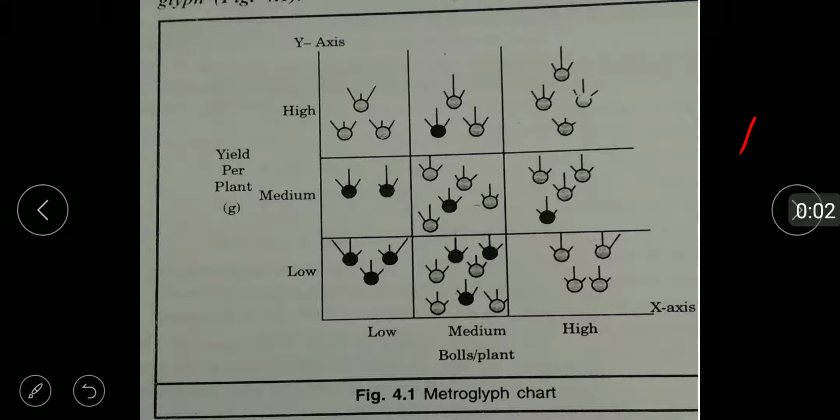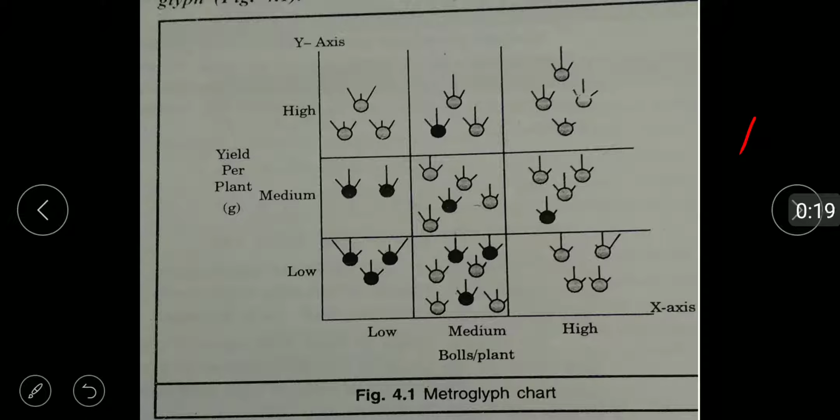Hi friends, in this video we are going to discuss metroglyph analysis. First we need to know what metroglyph analysis is. It's a semi-graphical method for assessing the pattern of morphological variation in a large number of germplasm taken at a